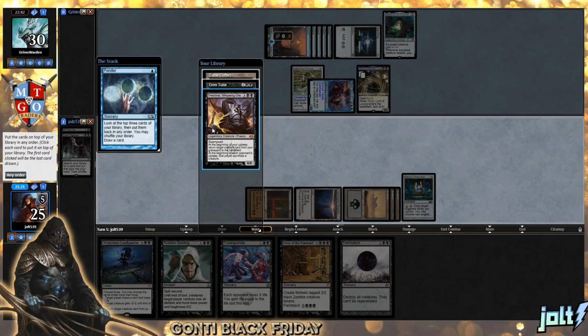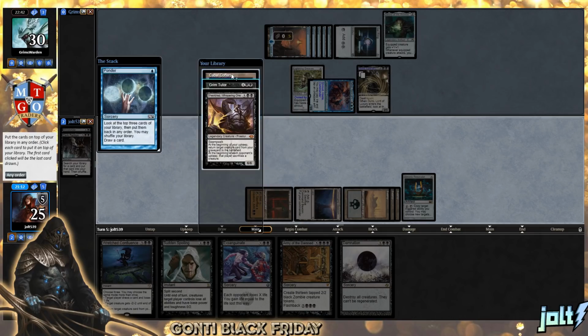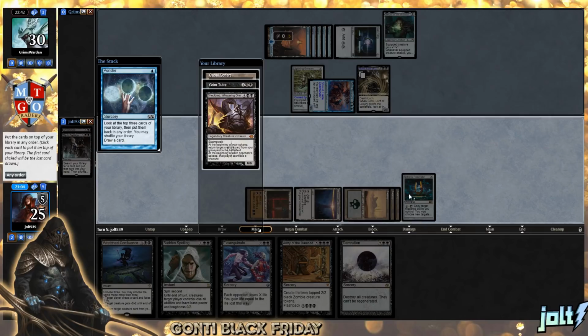Coffers, Grim Tutor, and then Whispering One. Okay, if we had Urborg on the battlefield, definitely be tempted to keep Coffers. Do we want to shuffle this one up or put it back in any certain order? Grim Tutor would be nice. We can draw into that one. I'm just not entirely sure if we want... Well, Whispering One could put some pressure on our opponent once we get down Damnation. That'll be Coffers 1, 2, 3, 4, 5, 6...